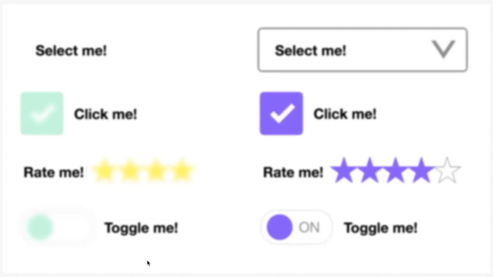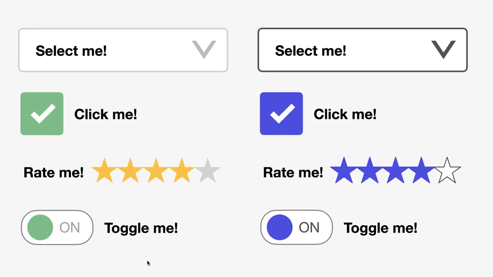There's actually a subtle additional double check here, which was not apparent. If I go back, the stars that you're seeing on the left actually have to contrast twice. For most of these things, like the checkbox, you're just worried about whether it contrasts with the surroundings.